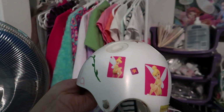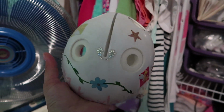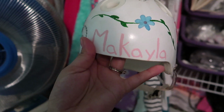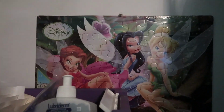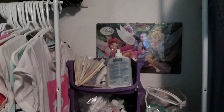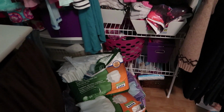But this is Mikayla's helmet from when she was little, and we just keep it there just because it was like $1,000 or something for this, and we just keep it. So I used modeling paint and some stickers to decorate it. And then in here, as you can see, I hung this puzzle way back when as well, and it'll just stay there. And then Mikayla has her supplies and pants and then socks and just some other things,